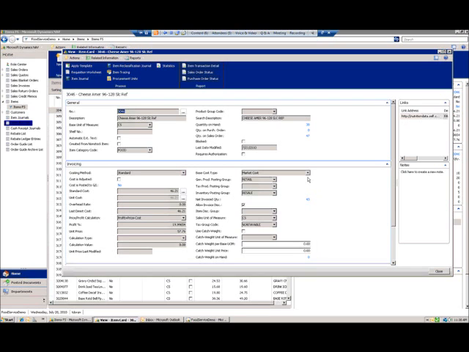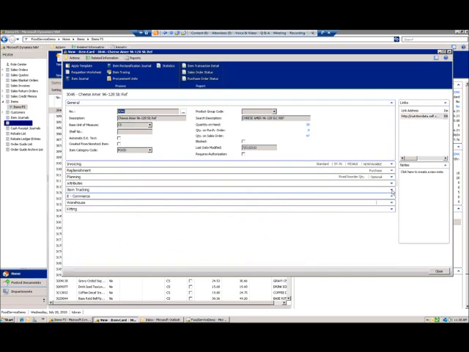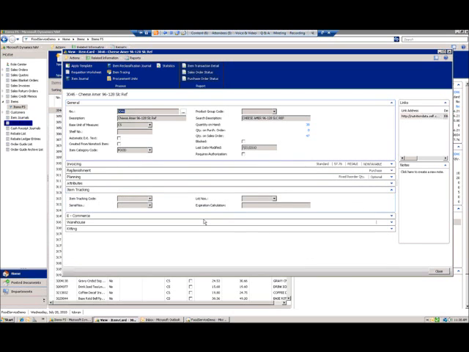We also support full item traceability. So as you can see with item tracking, we support lot numbers, we support expiration calculation, and with one click, we can go through and see the complete supply chain, all the customers that purchased a particular item that came from a particular lot,